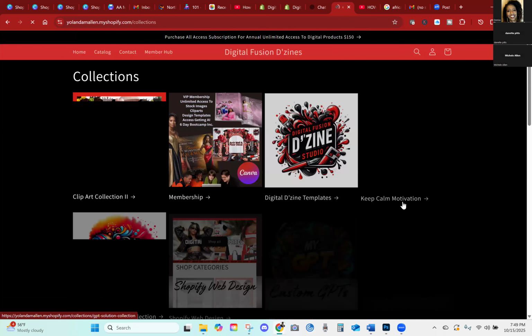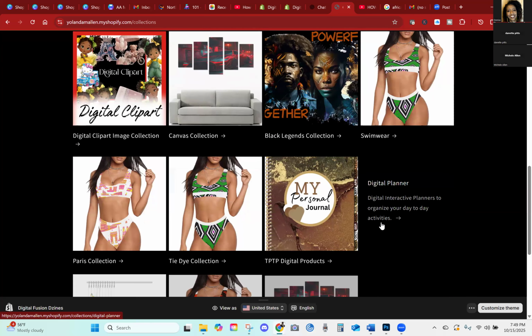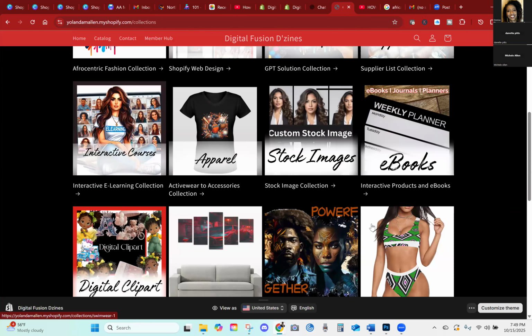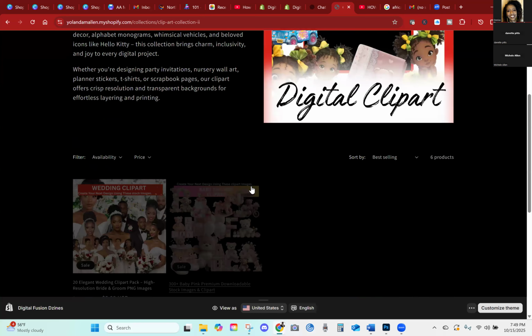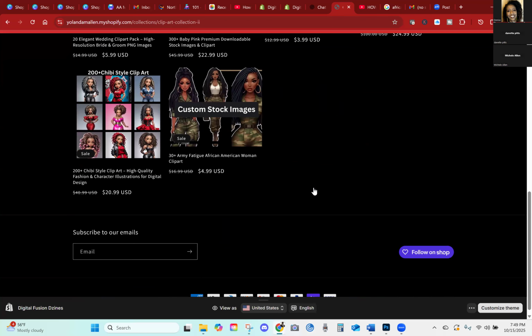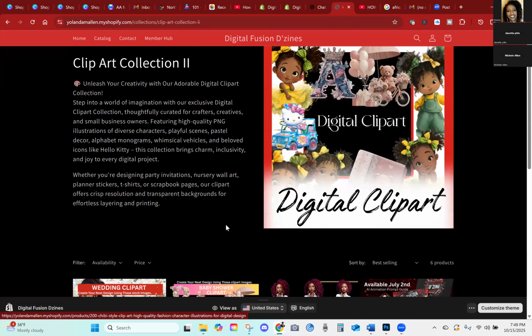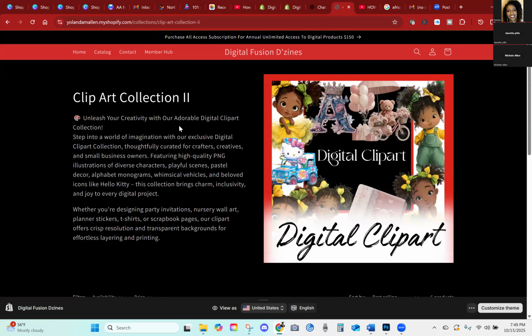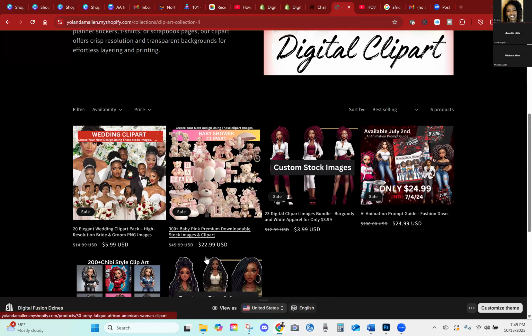All right, so when I go to, okay, clip art collection 2, which is what I just created. Again, mind you, it's the same exact shape of all the other products, but when you click on it, every product that I clicked on that's associated with clip art, it shows up right here. And this is the description, the image that was uploaded, and all the image products that I uploaded onto that